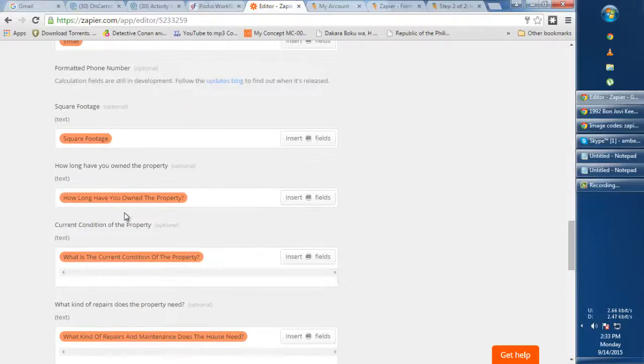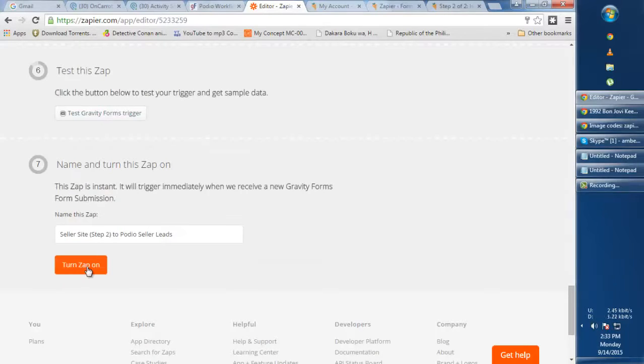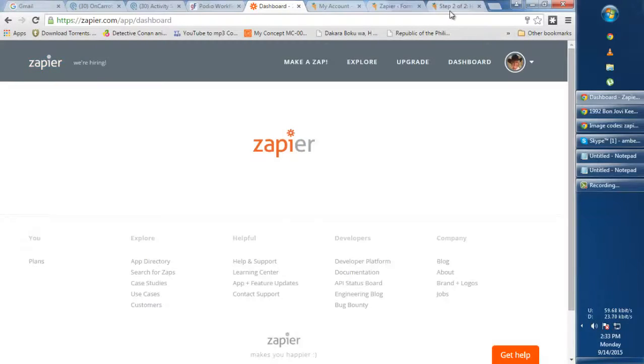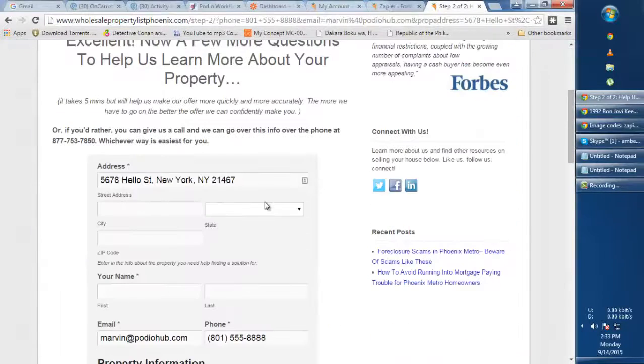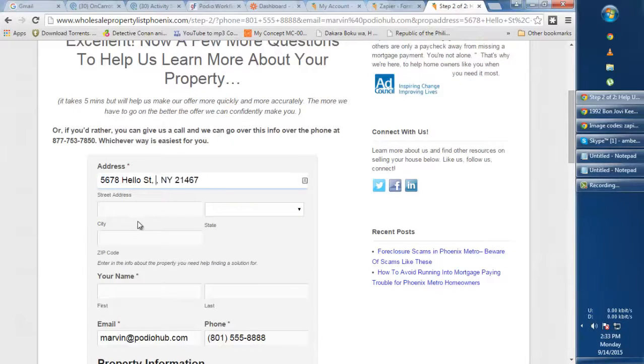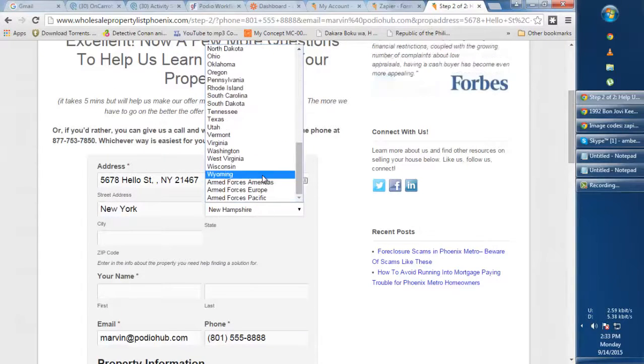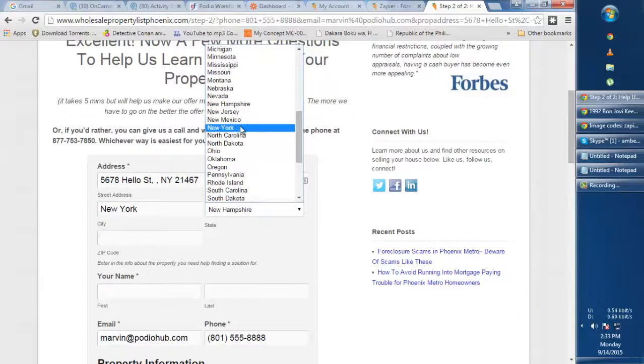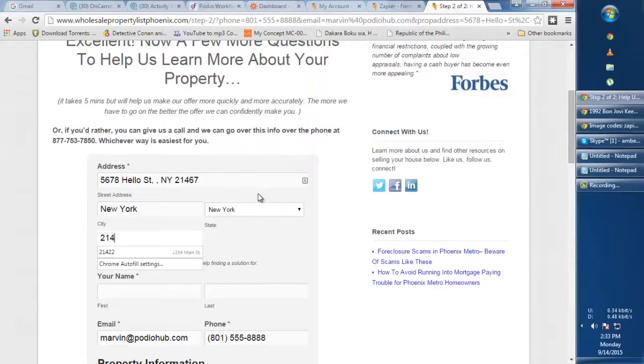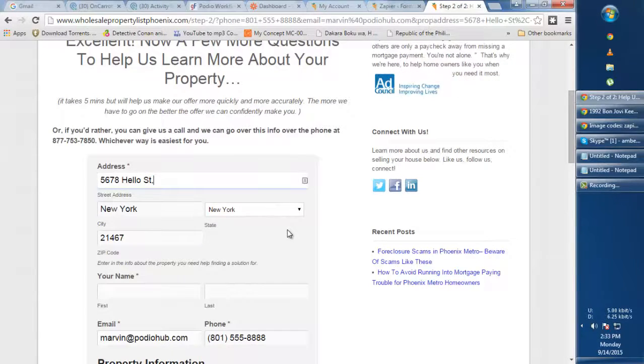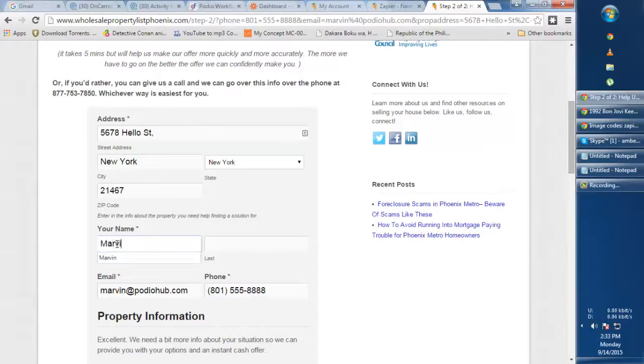Alright, so I'm not gonna go through that anymore. Just turn the Zap on, and on step 2, if I fill out this, and then I'll fill out the city, state is New York, zip code is 21467, and then I'll just erase this. My name,